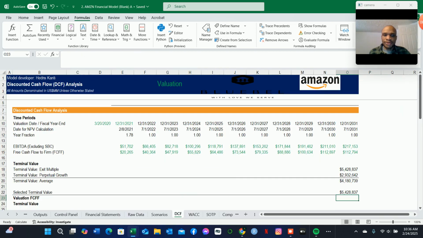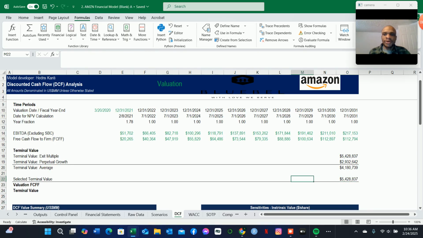So we have that selecting that $5 trillion. Now, to determine the valuation free cash flow to the firm, and also the terminal value, we just set the investment amount, in this case, let us just set this to be 0 for the transaction date, meaning nothing occurred within the time. And then going forward for the valuation free cash flow to the firm,